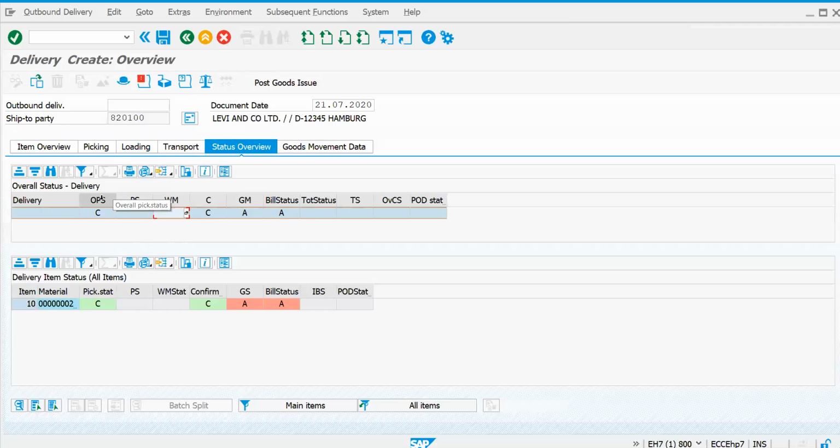If you come here, for the overall pick status, maybe certain materials are fully picked, certain materials are partially picked, and certain materials are not picked, so the overall picking status for your delivery will also show here. This is the overall header level status, and this is the all items level status.